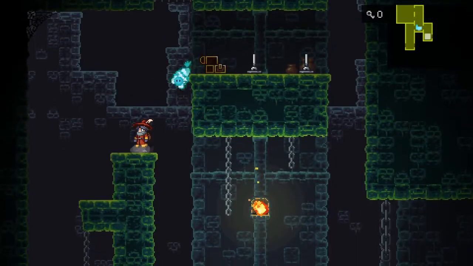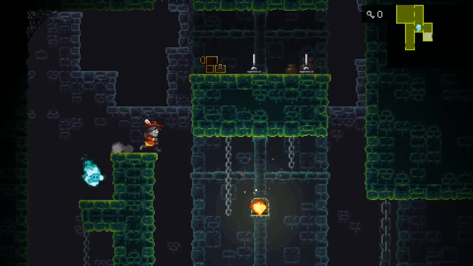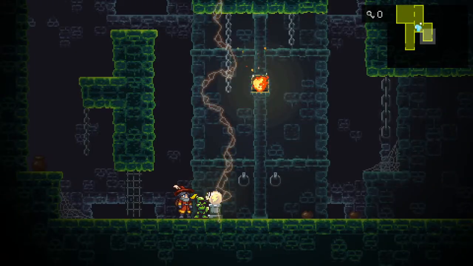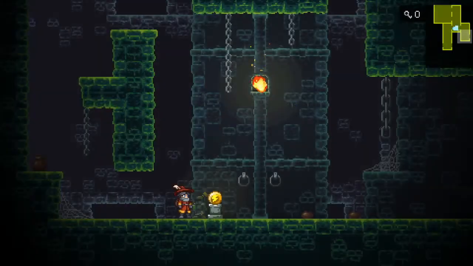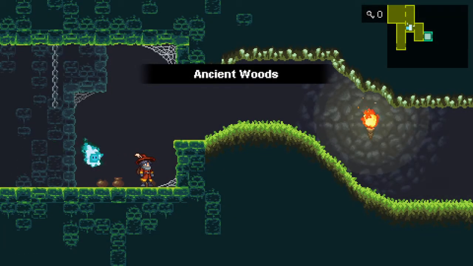Skill resetter. Nice. Oh, another lightning orb. That's fine. We've got one of those. What if you came down here and you didn't have one of those? Then what would you do? I guess you have those crystal whatevers, but...